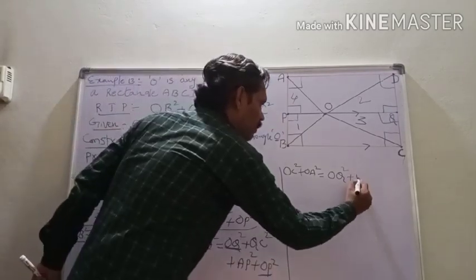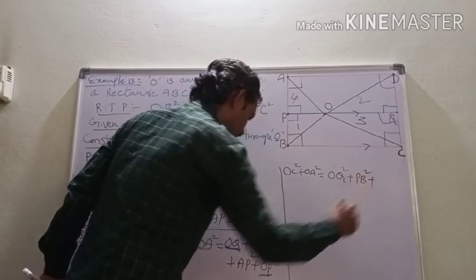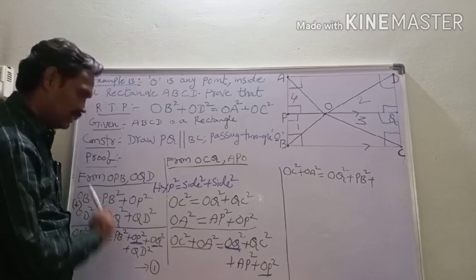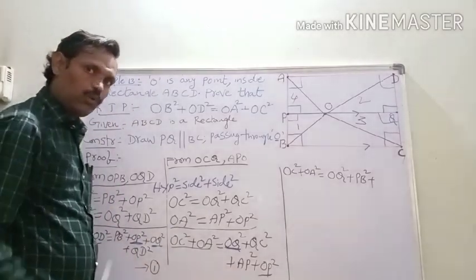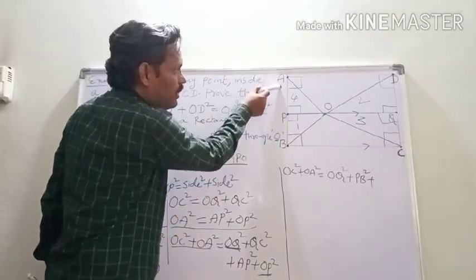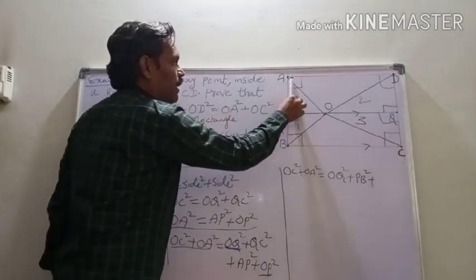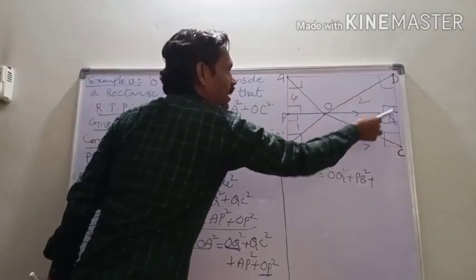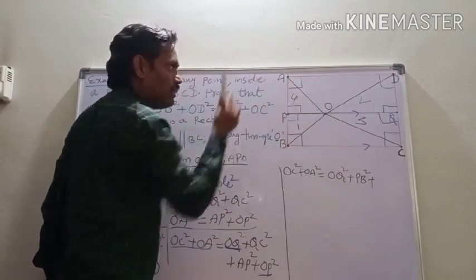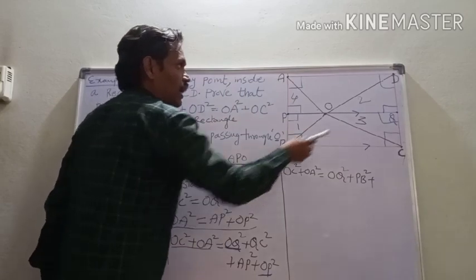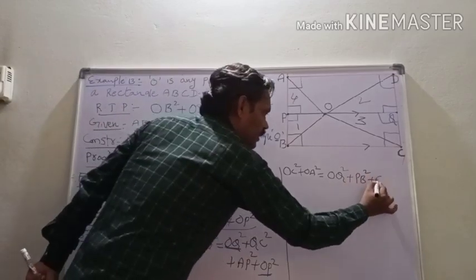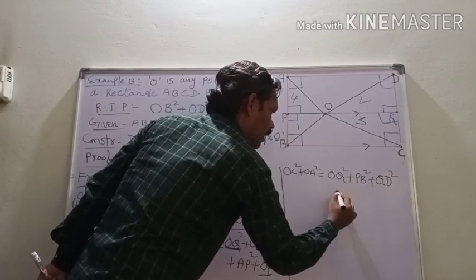That can be written as PB square plus the third one, AB square. So, we cannot find AB square in the RHS of equation 1. Therefore, you have to change AB square according to the problem. According to the problem, this is AP. So, this AP is equal to which side? That is QD, because these two are parallel lines. Now, I am writing QD in place of AP, plus QD square, then the last one, here you have